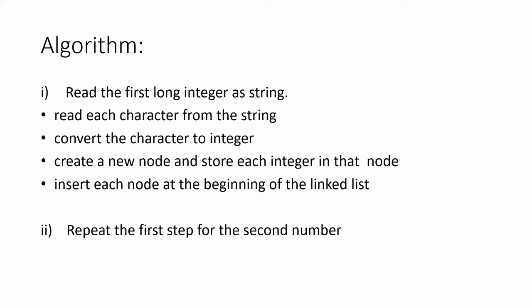Now, when we usually write programs and take any number as input from the user, we usually store it inside an integer variable. But why are we taking a string here? The reason is, even if we take a long integer variable, we can store a maximum of 15 or 16 digits inside it. But a string, as you know, is an array of characters, and the size we can define ourselves. So we can store even a 100 digit number inside it. This is the only reason we are taking a string to store the value.